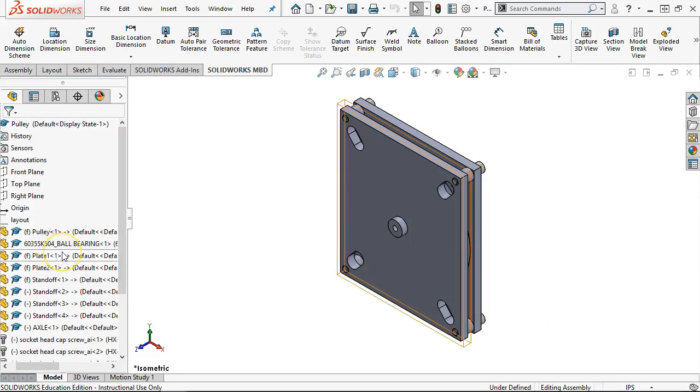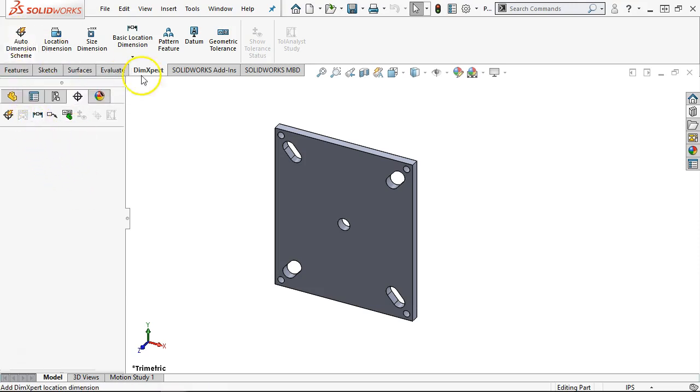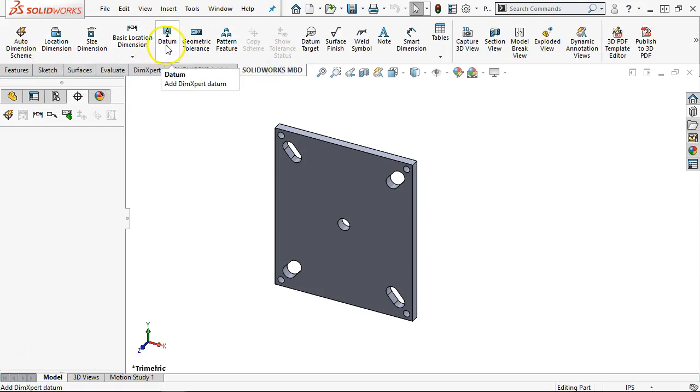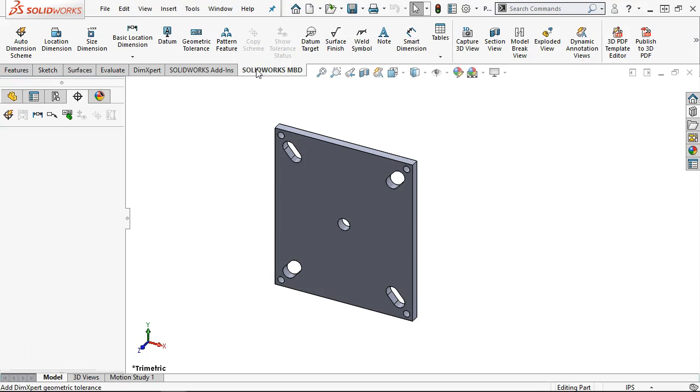We'll go to the plate, and we're basically going to do the same things. Is come over to the DimXpert tab so that we can see our list. We can auto scheme. Let's take a look at MBD. So model-based definition has that same grouping as DimXpert. Right, so let's see, pattern feature 1, 2, 3, 4, 5, 6. That one added a datum. Oh no, there's the datum. Pattern feature. Well, need them side by side. I guess I haven't looked at them as close as I thought I did. Anyway, datum target, surface finishes, weld symbols,